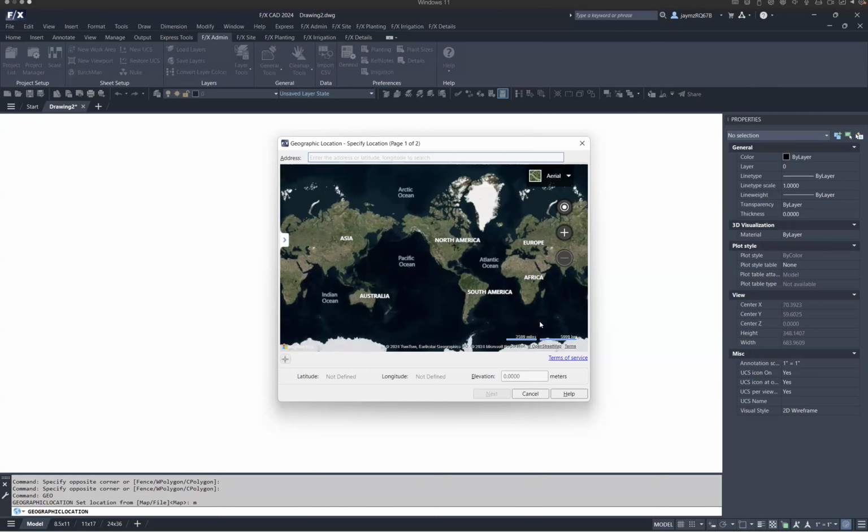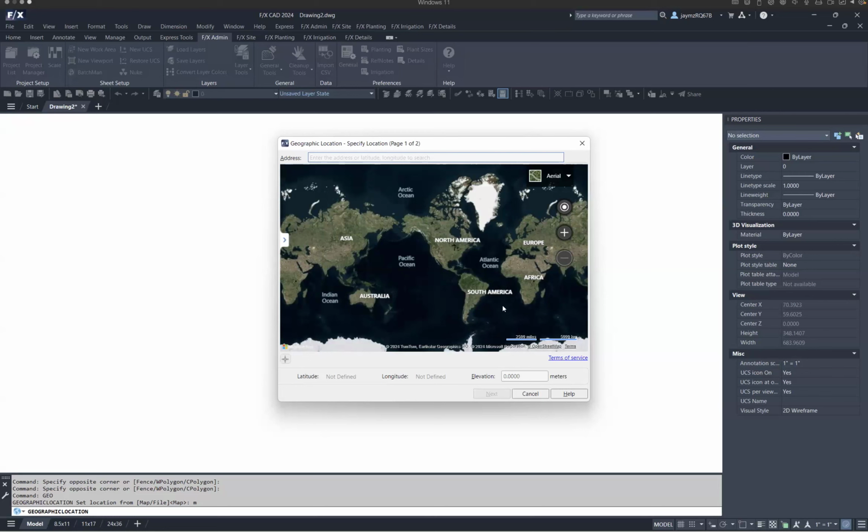What I really like and appreciate about the AutoCAD tool is that it gives you both the imperial measurement of scale and the metric. So I have miles and kilometers here. That's going to be very important later on when we're sourcing an aerial image manually. We're going to really need to pay attention to that.